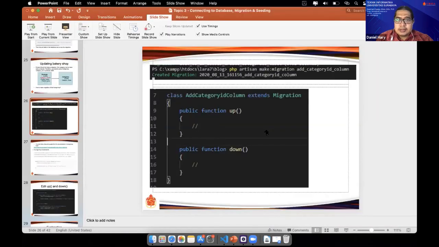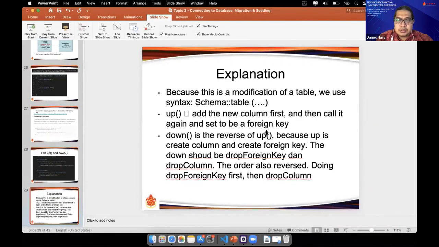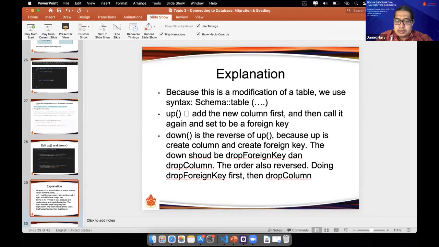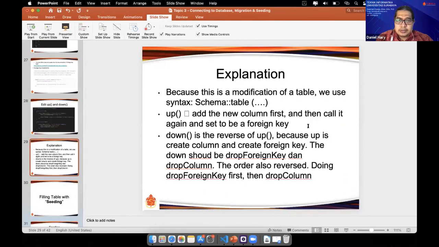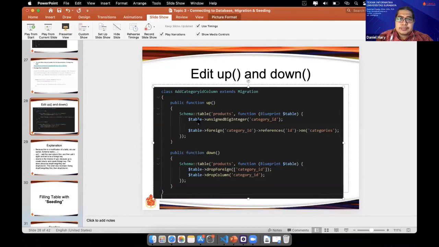Okay, up and down, we put this. Sorry, this one. Table products, blah, blah.